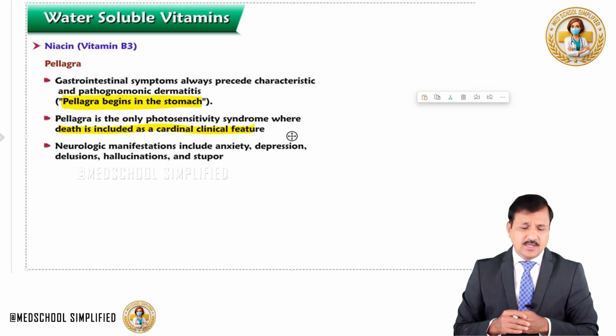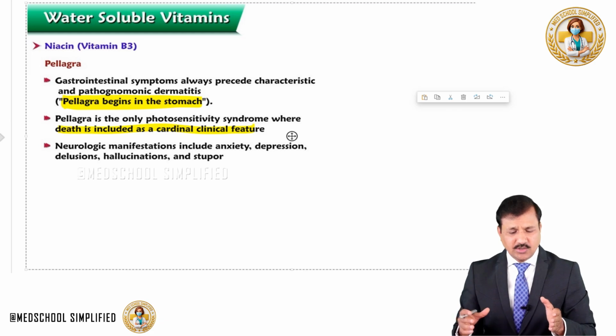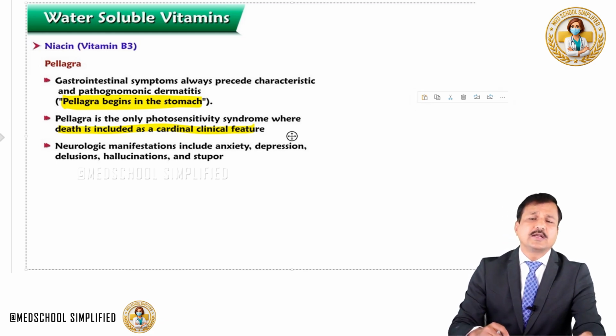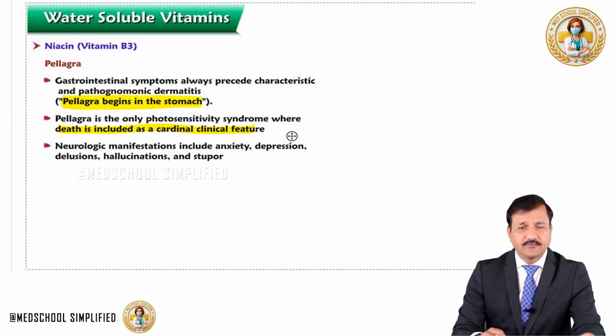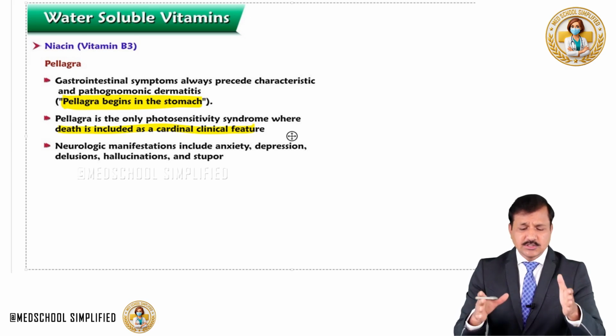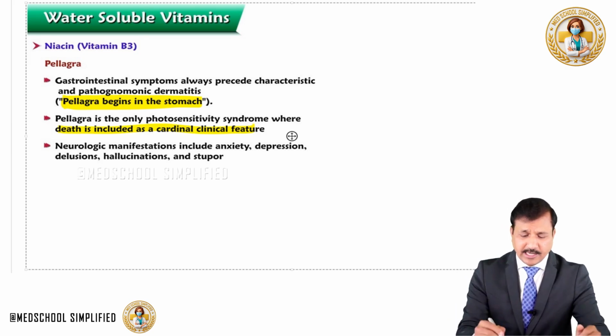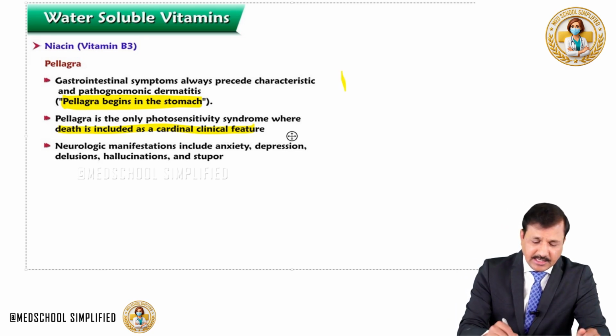and feet. Neurological manifestations include anxiety, depression, delusions, hallucination and stupor, and later it may lead to death if it is not treated in time. So, these are the 3 Ds, followed by the 4th D. So, one more time, the first D is